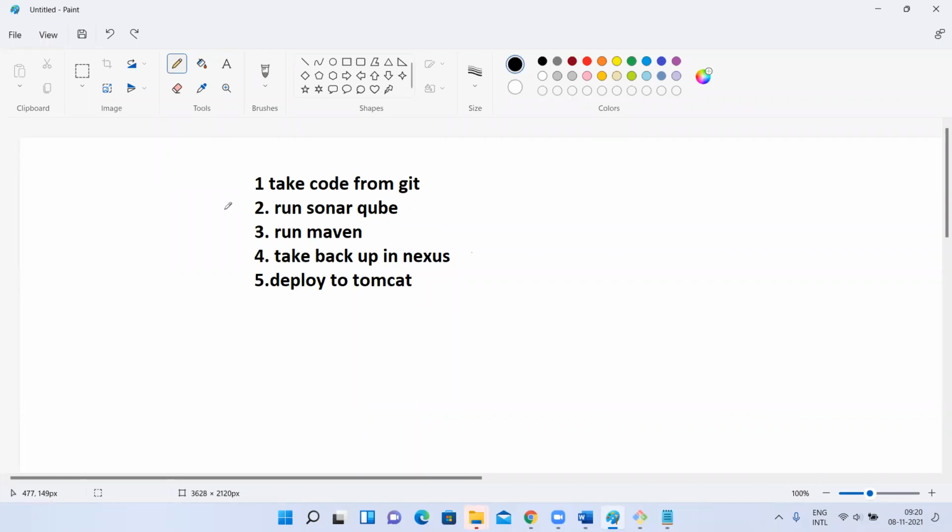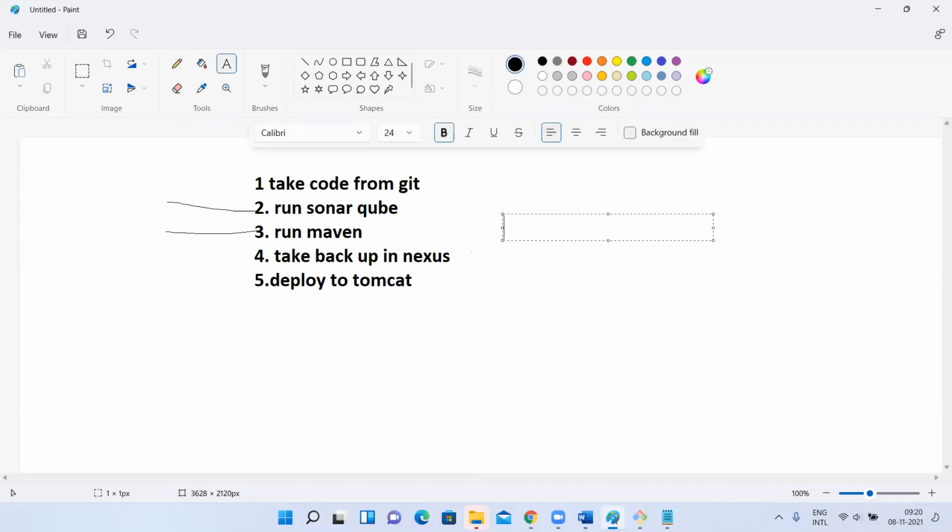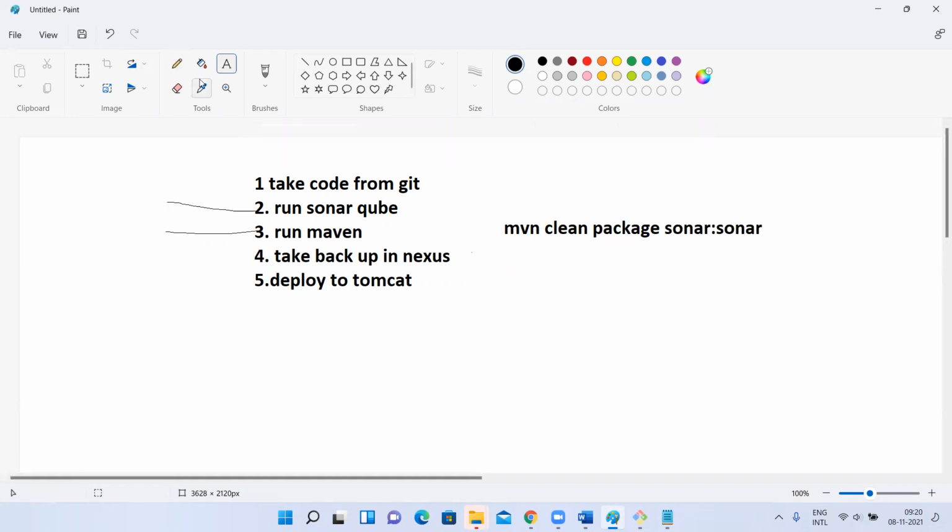Next is whether to run SonarQube first or Maven first. It is up to you. If you run mvn clean package sonar:sonar, Maven will execute first. In this case, Maven becomes the second step and SonarQube executes as the third step. I don't want that. I want to execute SonarQube first.